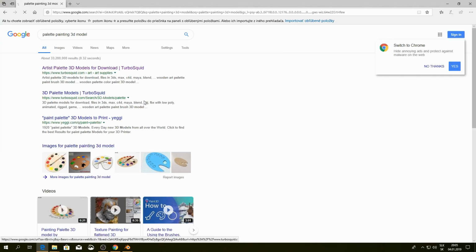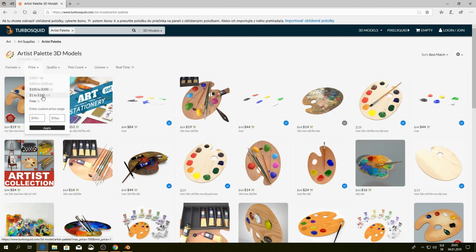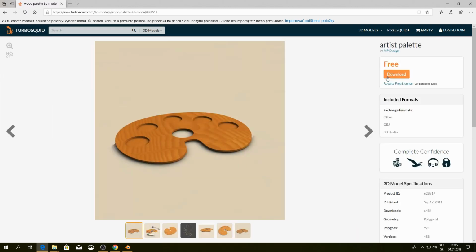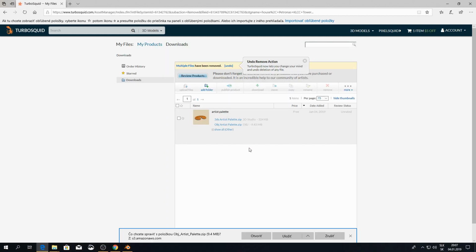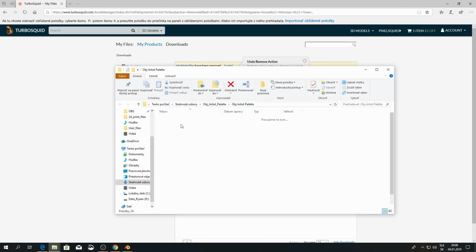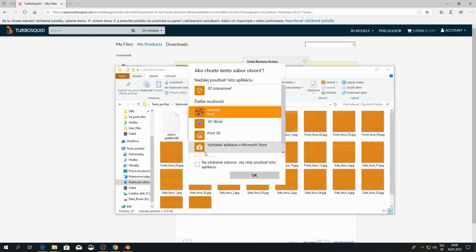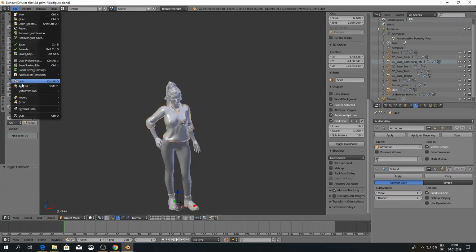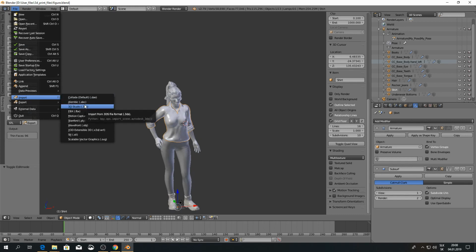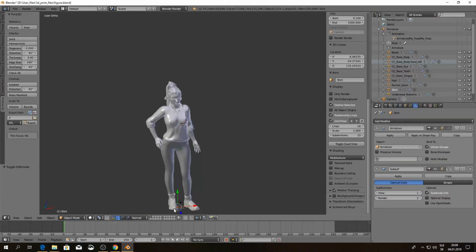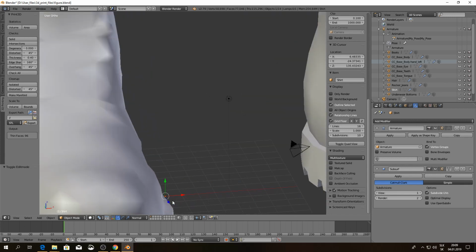I downloaded the accessories for the character. As you can see, some objects cannot be imported.